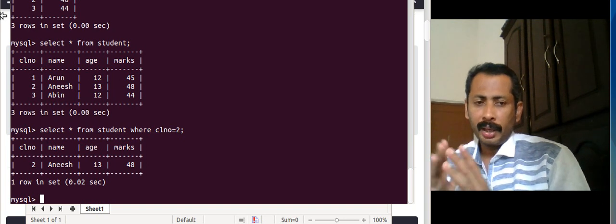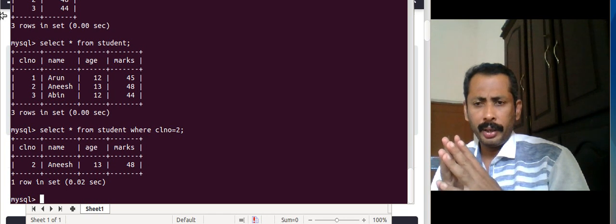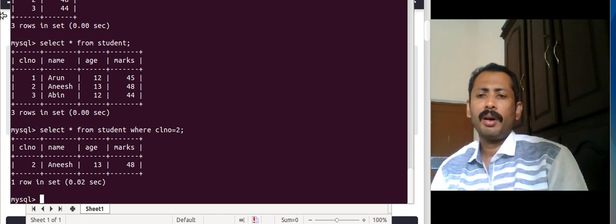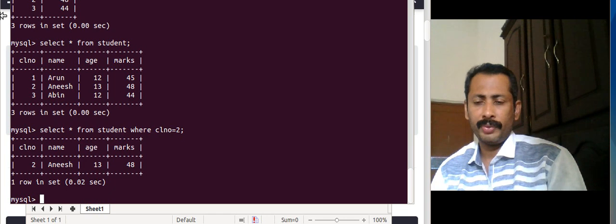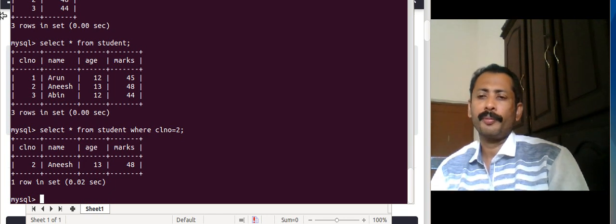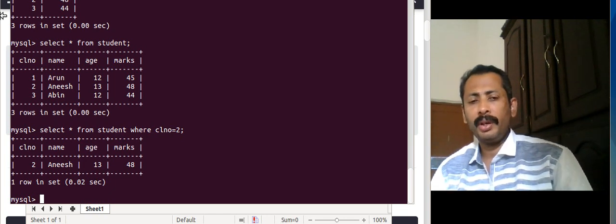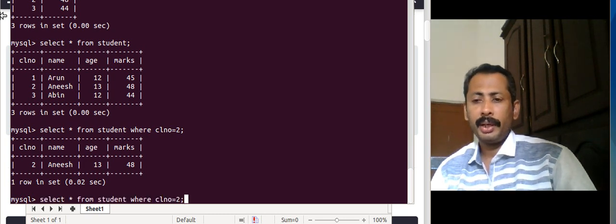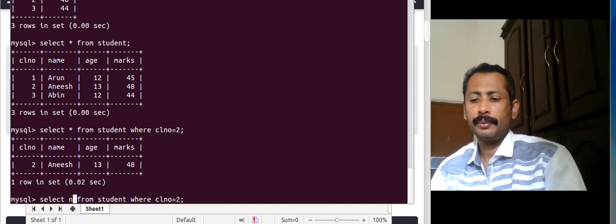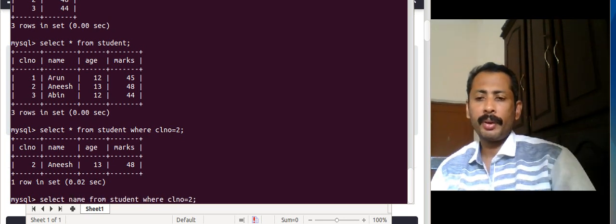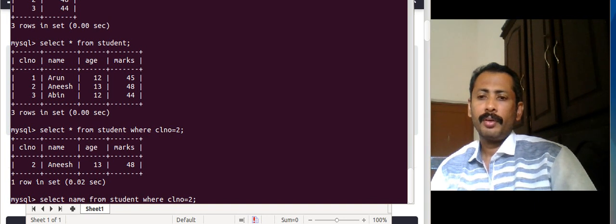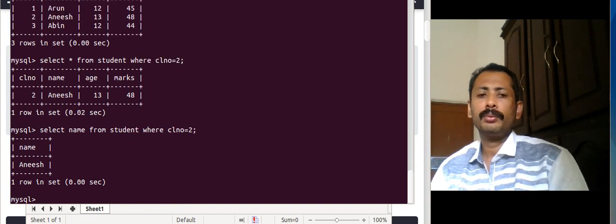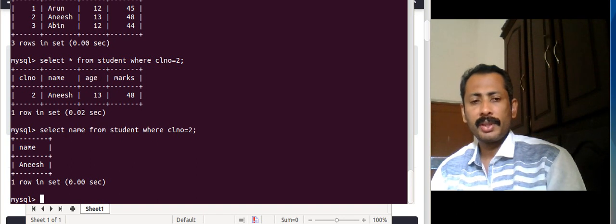Now we can think about combining that. If I want to get only the name of this record, that is this row, of the student having class number 2, then I can give it like this: select name from student where class number equal to 2. So this is the magic of SQL.